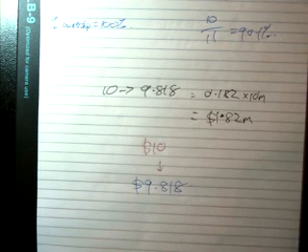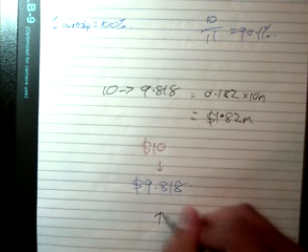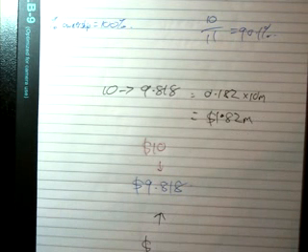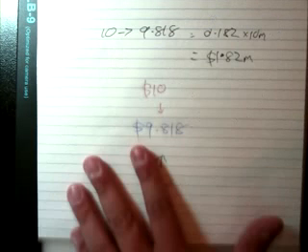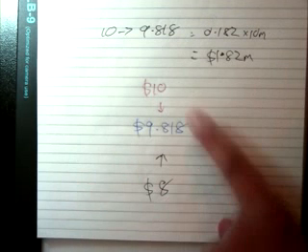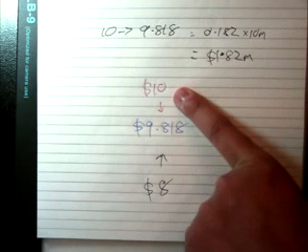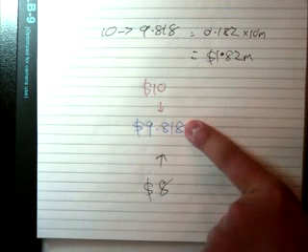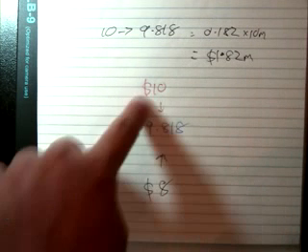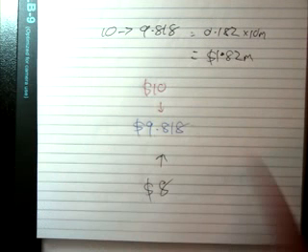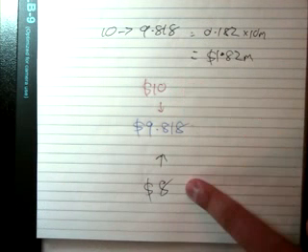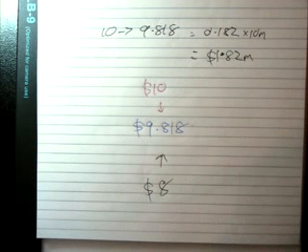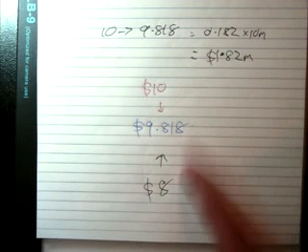So from existing shareholders' perspective, it's going from 10 to 9.818. But from new shareholders' perspective, they are able to buy each new share at a discounted price of $8. So from their perspective, it's going from 8 to 9.818. And for existing shareholders, it's from 10 down to 9.818. Okay, so that's the story that's going on on a per share basis. Of course, if you want the total amount, you have to scale by the total number of existing shares, and for this one, the total number of new shares. Okay, but in terms of the picture, this is what I see, which is the same as this calculation.